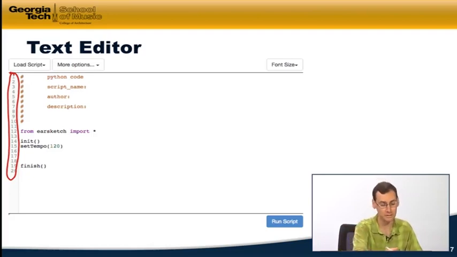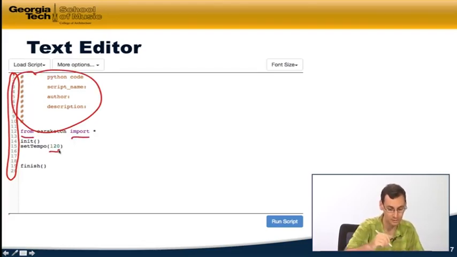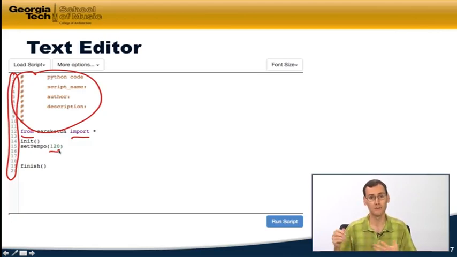Another thing you see here is different text appears in different colors. So this stuff is in a kind of brown at the top. There's some things in purple, that is in green, and so on and so forth. And those are showing you different things that have different meanings in the context of Python programming. And so seeing this is called syntax coloring, and it helps you to visually kind of see different sections of